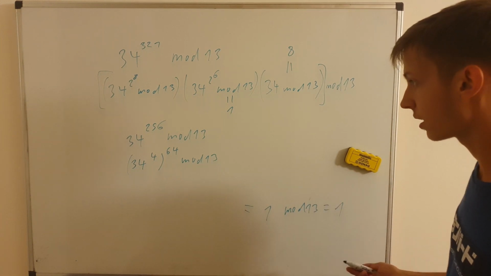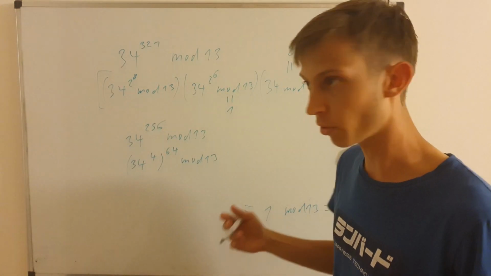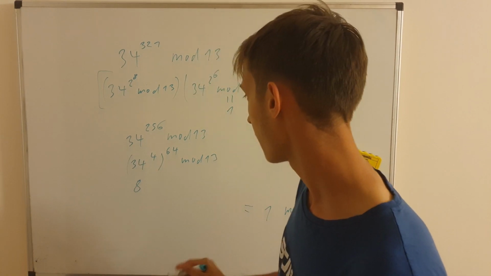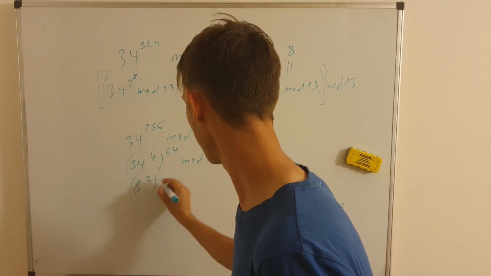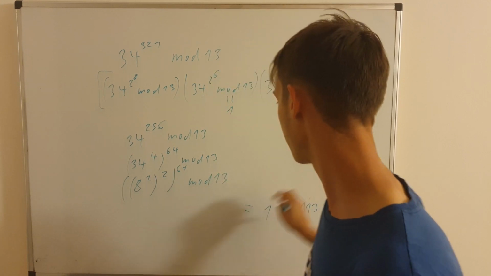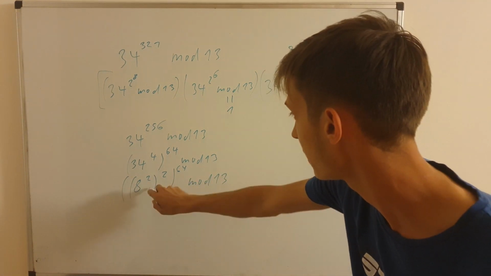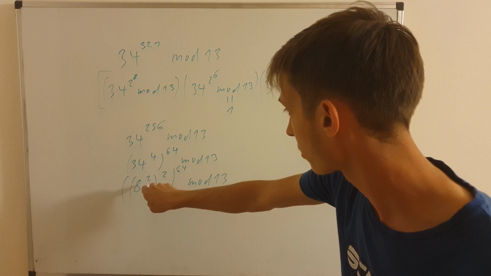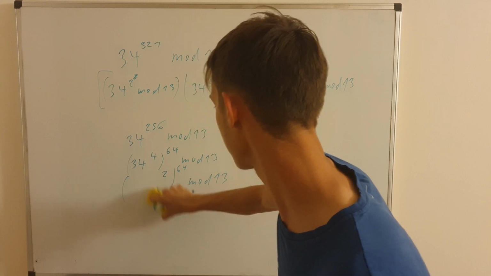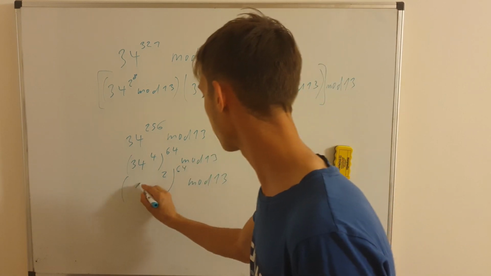And then what I can theoretically do is, well, I can again take the same steps. I can do it inside out, without doing those small steps. First of all, mod 13 on this is 8, alright? And then I have it to the second power, and then again to the second power, and then to the 64 power, mod 13. But we know that mod 13 would go inside each of these stages. So the mod 13 for 64 was 12. So that would be 12, and that is squared, so 144